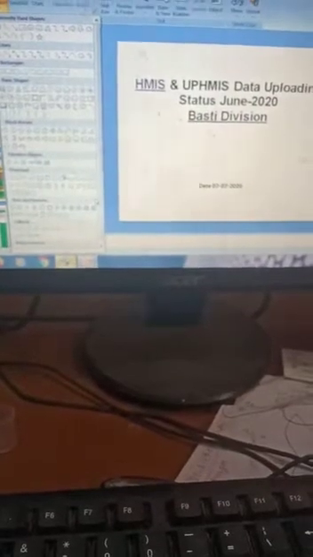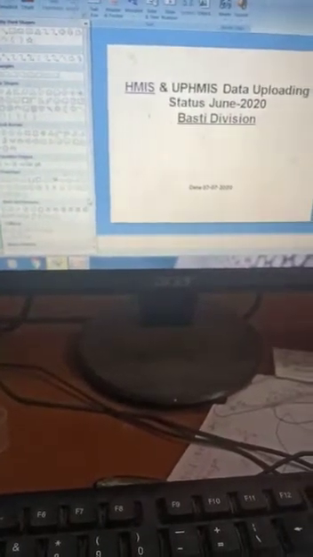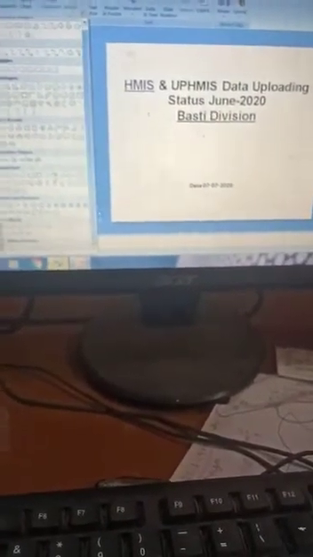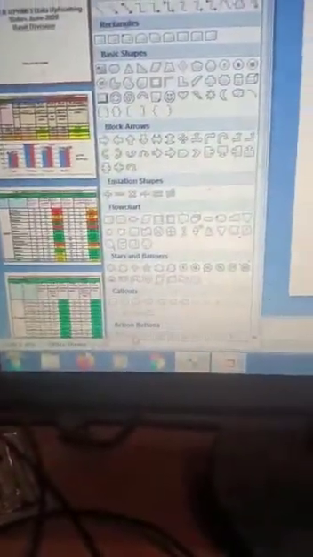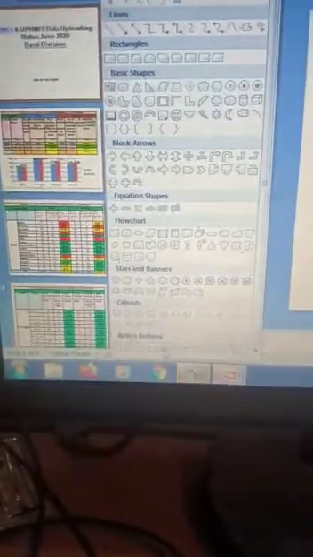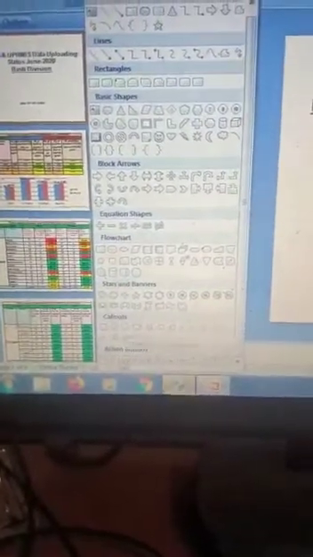Look, select the Insert tab and click Shapes, and whichever action you want, select the desired one at the bottom section. Action buttons are there. Here are the action buttons. Whichever action button you want, you can easily select it. Click on it and then insert it here. Look, now the Action Settings box is open, with hyperlink to next slide or previous slide.